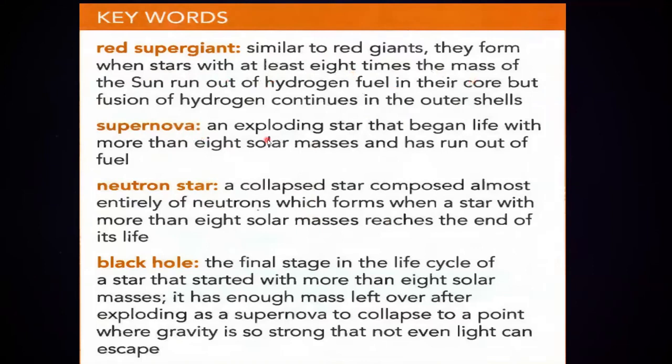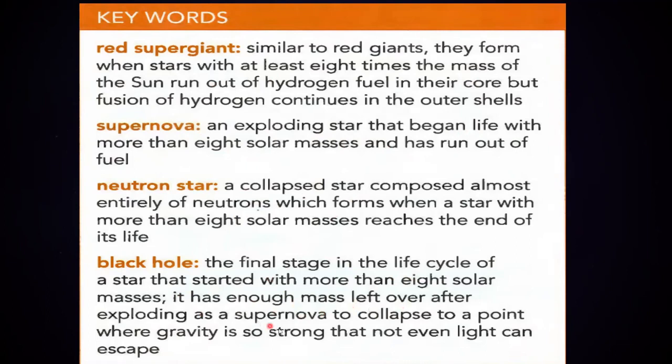A supernova is basically an exploding star that begins its life with more than 8 solar masses, and it runs out of fuel, so it cannot undergo fusion. Neutron stars are composed only of neutrons, and a black hole is the final stage in the life cycle of a star which started as a high mass star, and